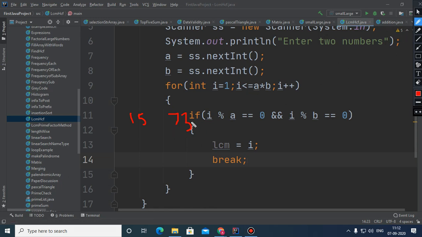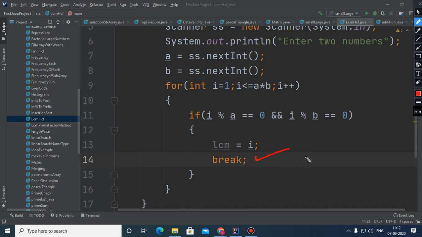When it reaches 75, the smallest number which is divisible by both these numbers is 75. So immediately this I will get stored in the variable LCM, and after that the break will happen.